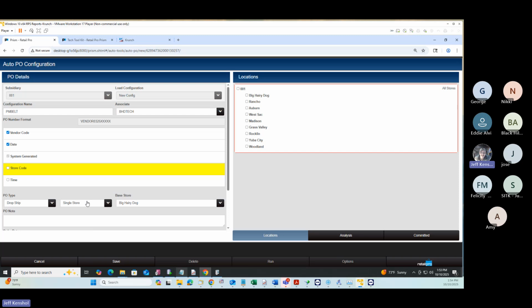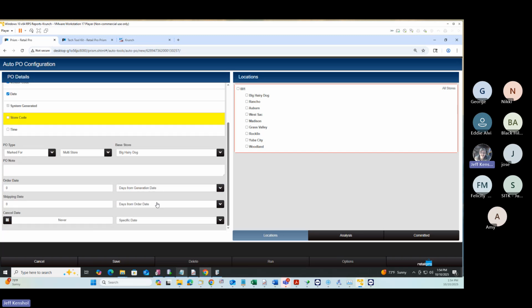If you have a distribution center, you're going to want to do multi marked for. If you don't have a distribution center and you're used to sending things directly to the store, then you're probably going to do dropship single store. So I'm going to say marked for multi-store PO,